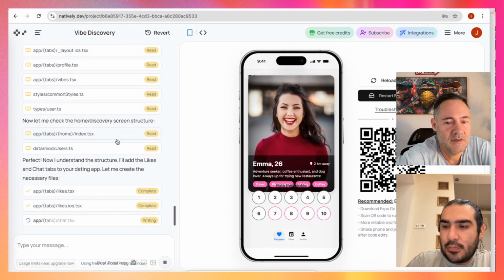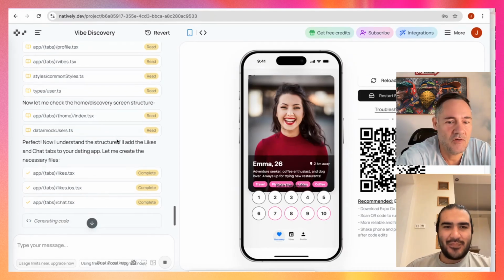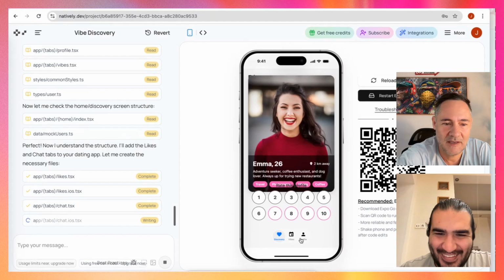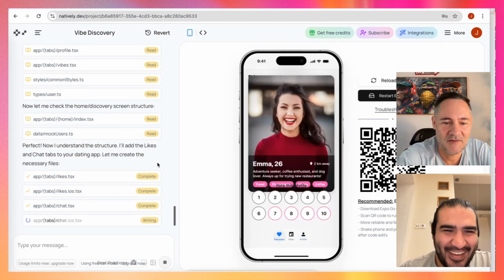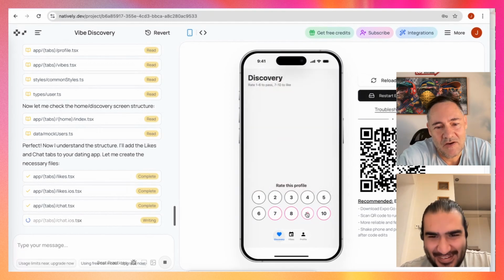What's frustrating is, for instance, when a couple of icons are missing and it puts a question mark instead of the icon. I'm asking it to use particular libraries, and then it says it fixed it, there are no more question marks. Then suddenly it's like, oh no, it doesn't work, maybe the name is incorrect in the library, I need to update the names of the icons. It just keeps going and going and says, okay, I fixed it, now it looks correct. And yet still a question mark instead of the icon, and it says something must be wrong in the file somewhere. And then I don't really know what to do.